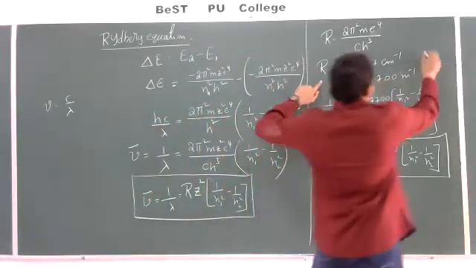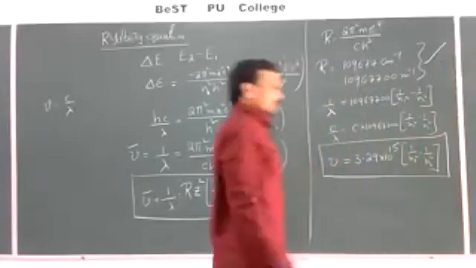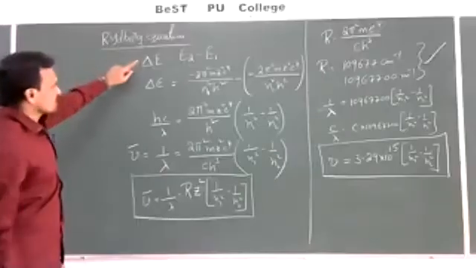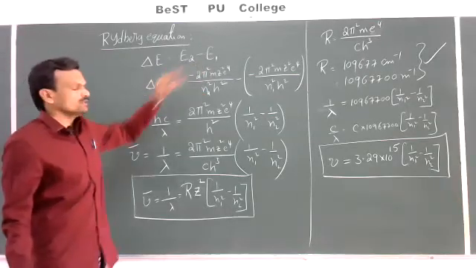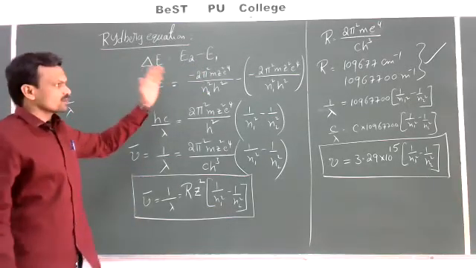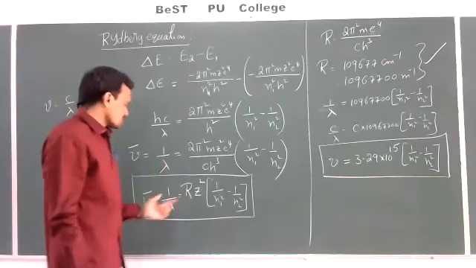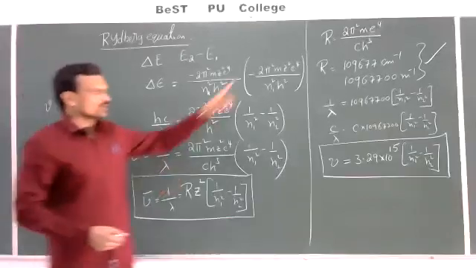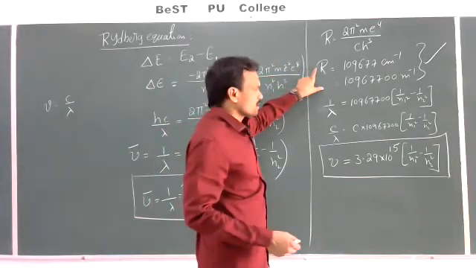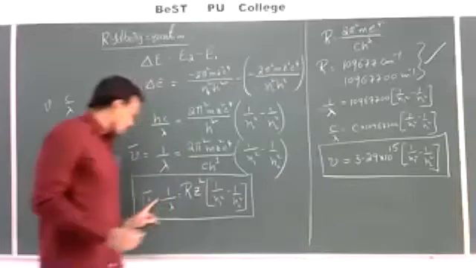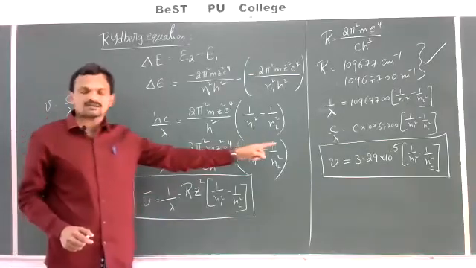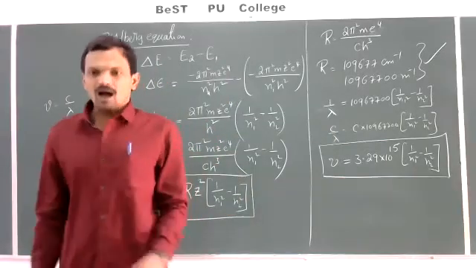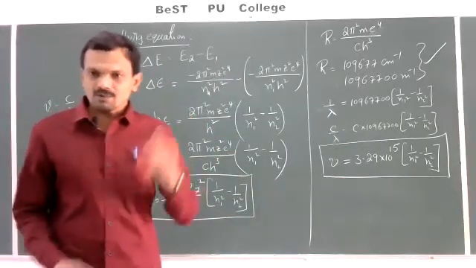So this is the value of the Rydberg constant, and it is calculated based on Bohr's theory. First we took the expression for the energy of the orbit, E. From that expression we derived this expression to calculate the frequency, wavelength or wave numbers of spectral lines. So the Rydberg constant was calculated. The wavelength and wave numbers or frequencies of spectral lines calculated theoretically with this equation are in good agreement with experimental values.